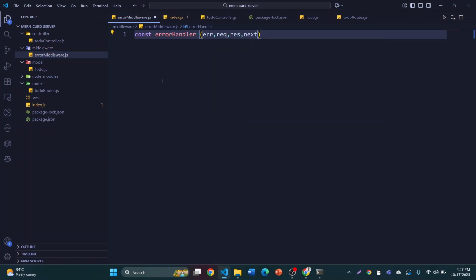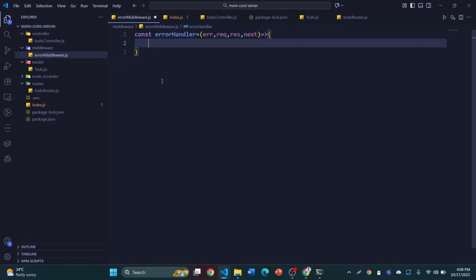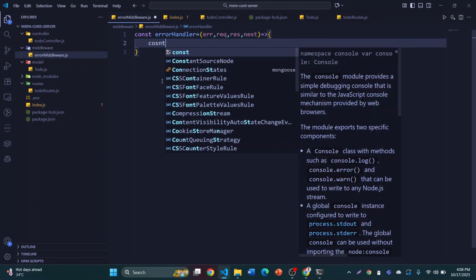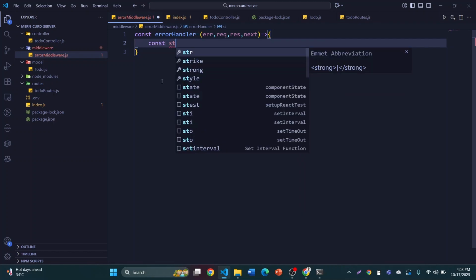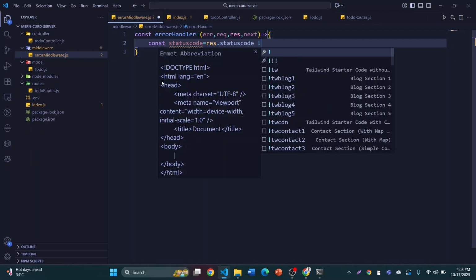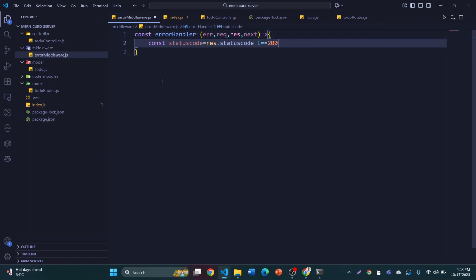We all know that next is used if we have to handle the next. Then first, const statusCode equal to res.statusCode, and if it is not equal to 200,